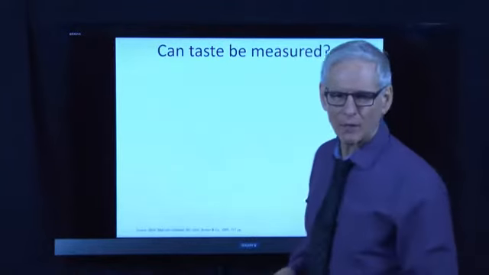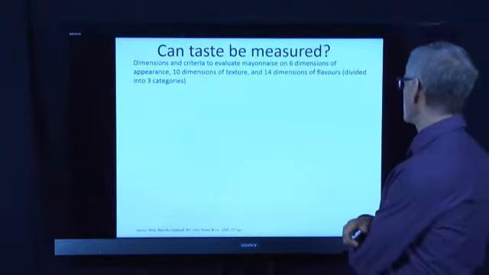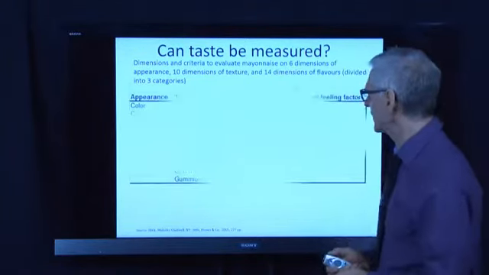And that will lead a European or an Asian to the conclusion, good or bad. We're built differently, we react differently, and various market segments, of course, react very differently as well. You can see how this is critical to segmenting, positioning, creating a superior value proposition. Mayonnaise, by the way, has 10 dimensions of texture, 14 dimensions of flavor, divided into 3 categories.